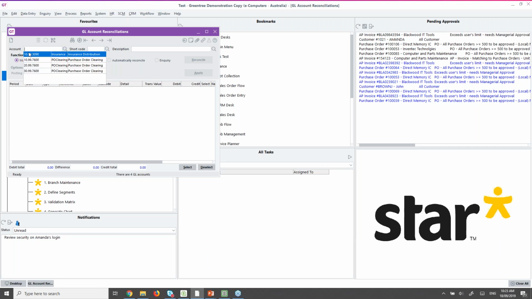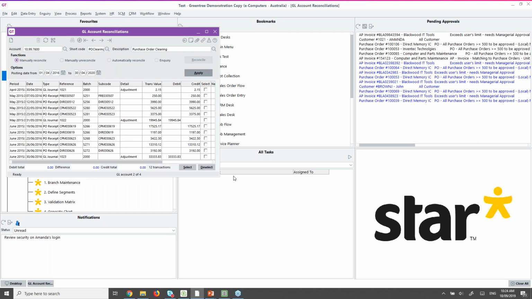Now I can have a look at the specific accounts that I have this turned on. So I've got the insurance distribution account, which I had before, turned on, just as an example to show that we'll always balance to zero, but also 3 of my purchase order clearing accounts set up here. So let's go have a look at one of those. Now you can either manually reconcile transactions. If I was just to open that date up and hit apply,